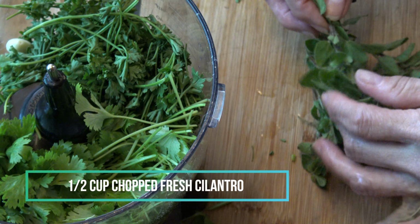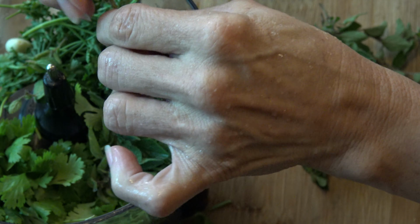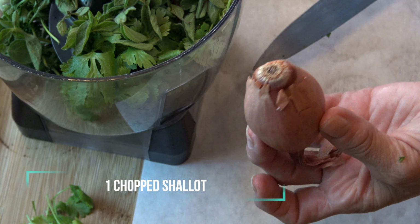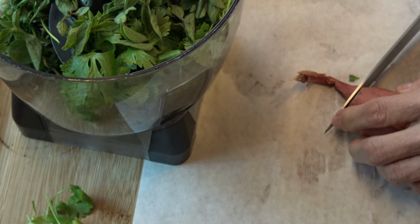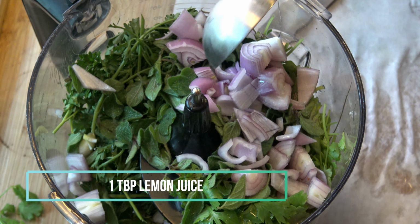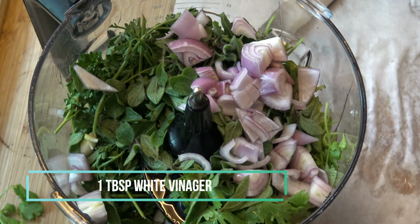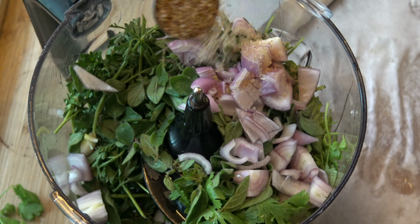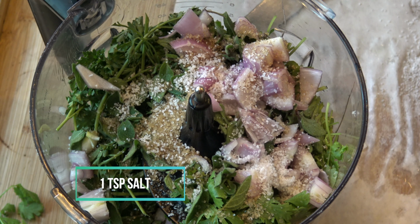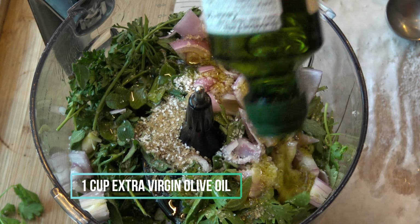About 1/2 of a cup of chopped fresh cilantro and about 2 tablespoons of fresh oregano. And all of these ingredients are more or less 1 chopped shallot, or you can use the red onion, 1 tablespoon of lemon juice, 1 tablespoon of white vinegar, 1 teaspoon of brown sugar, 1 teaspoon of salt, and the salt is completely optional, and about 1 cup of extra virgin